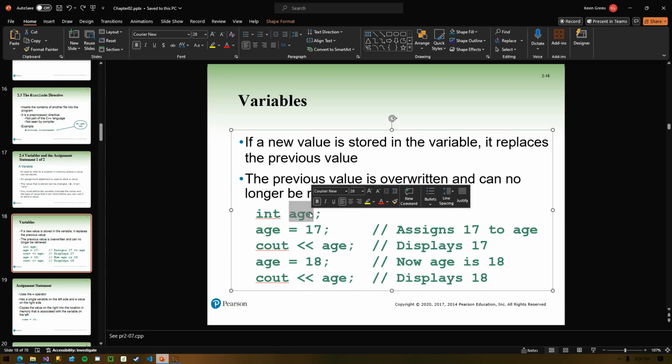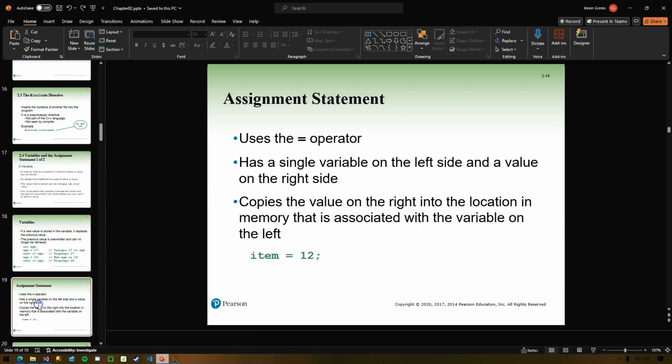Now, if you had an old computer that had maxed out memory, you would not be able to create an age variable because the computer doesn't have any more memory. Remember, we're referring to RAM, random access memory, when we talk about memory in this way. We're not referring to hard drive storage space, which can be in the terabytes. We're referring to random access memory, which can be in the, I guess these days, tens of gigabytes.